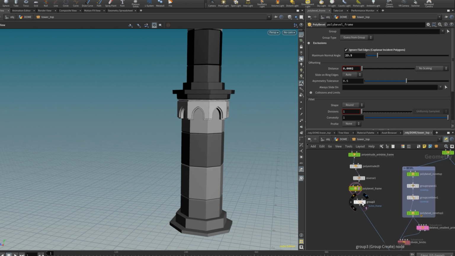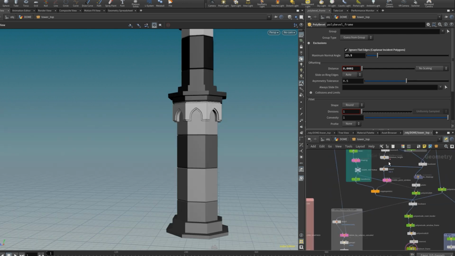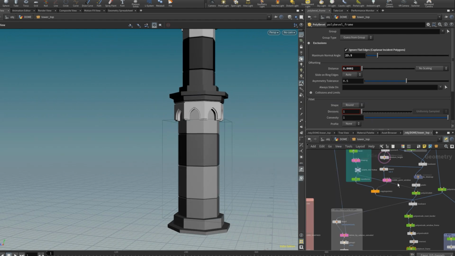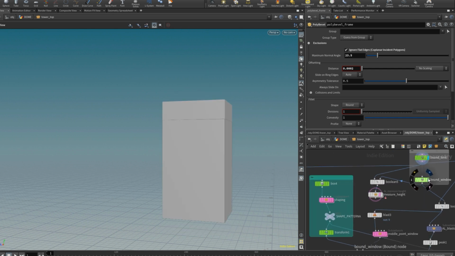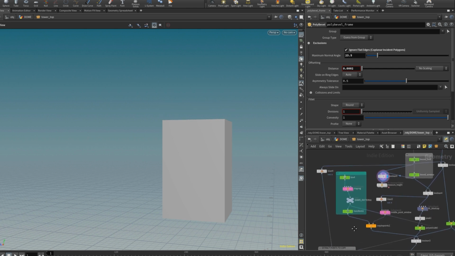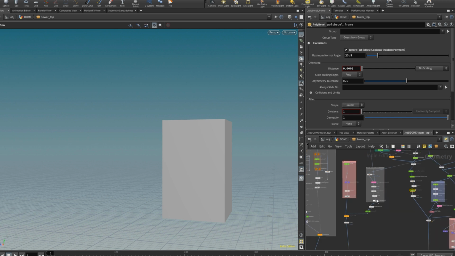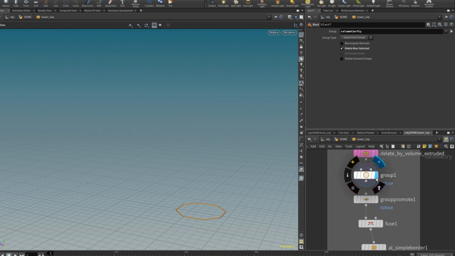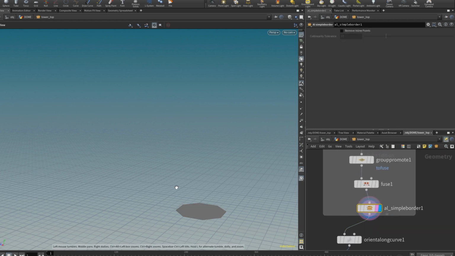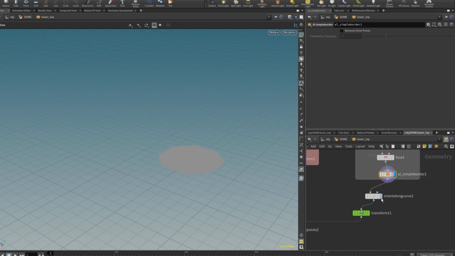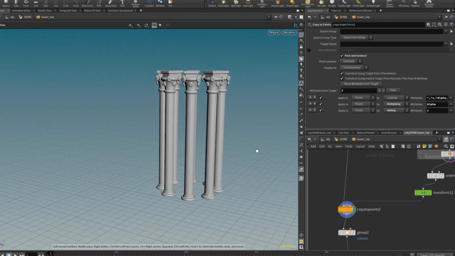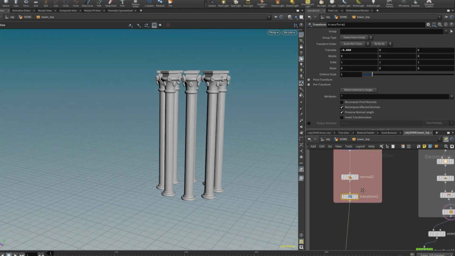Now we just need some columns. As I was talking about, we have this area that contains the information where the columns should be, the height and that thing. So we can feed this information into the model of a column and then basically place those columns at the right place. So as you can see, I'm just extracting the kind of ground of where my columns should be. So they should be here, and yeah. Let's see, copy to point. I got those columns.